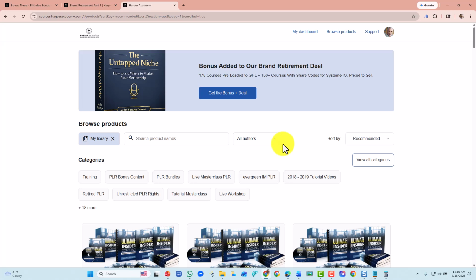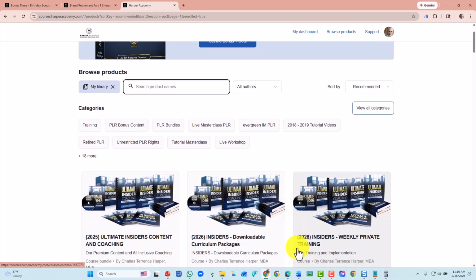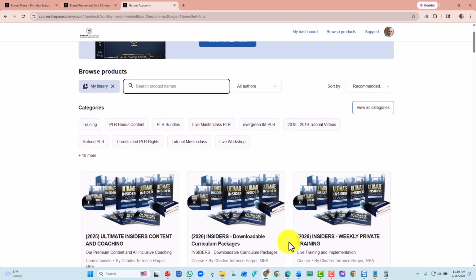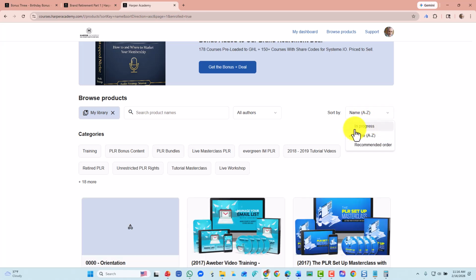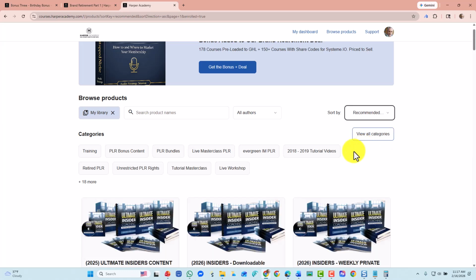And so if you want to find a specific course, you can then click on this button and you can search for it here in this area according to the name. Now again, these courses are going to be arranged according to when they were released. You can use the sort by, and you can arrange them in name order. In progress is not something I would use. So I would not use this button that says in progress. I would use the recommended order. And if you want to find something, just use the search bar and you will be able to find the